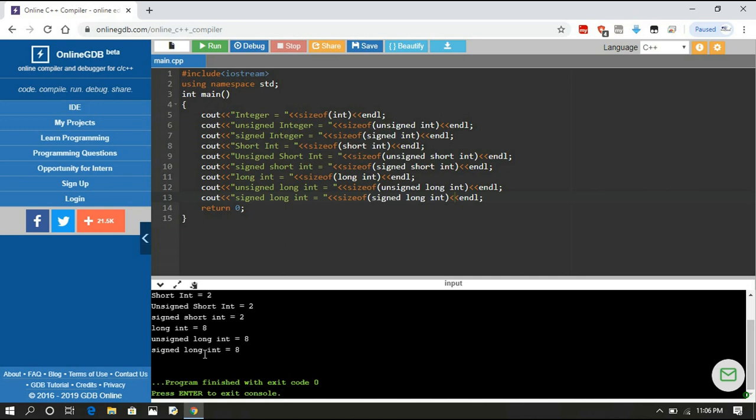So for a normal integer, whether it is unsigned integer or signed integer, the size is 4 bytes, and a short integer, either unsigned or signed, will be 2 bytes, and for the long int, either signed or unsigned, the size will be 8 bytes. Everything is in terms of bytes, not bits. If I said bits, that's just a correction. It's completely in terms of bytes. Right. Now let us check one more thing, that is